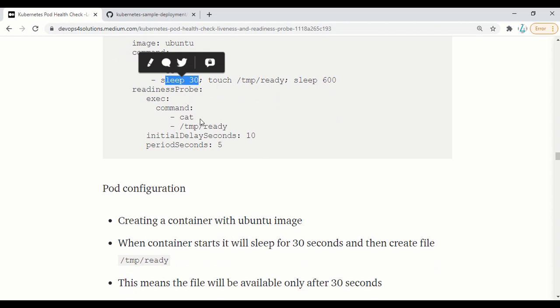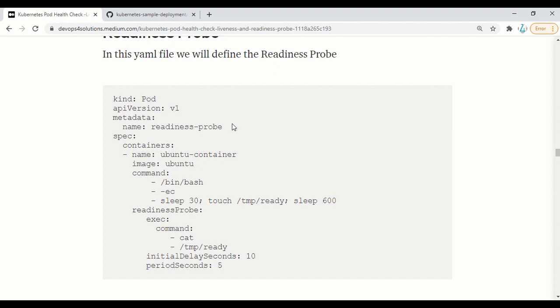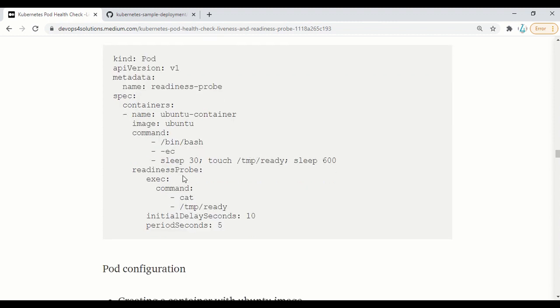And in my readiness probe, I am checking whether this file exists or not with an initial delay of 10 seconds and then repeatedly after every 5 seconds. What does that mean? As soon as I create this pod, my readiness probe will fail because there is no file. But after 30 seconds, my readiness probe will succeed.